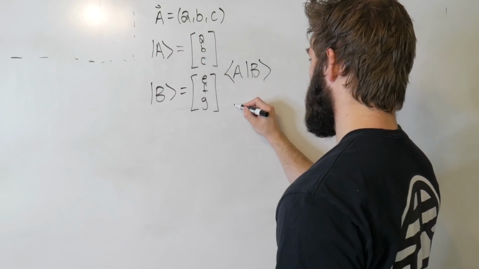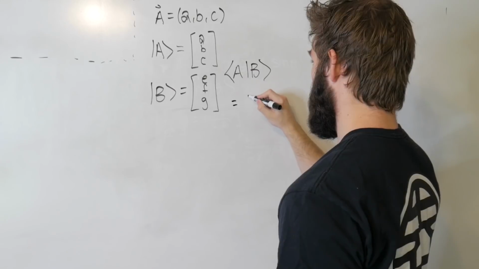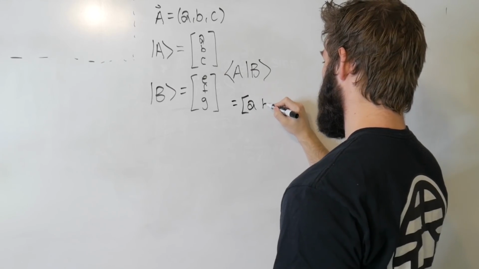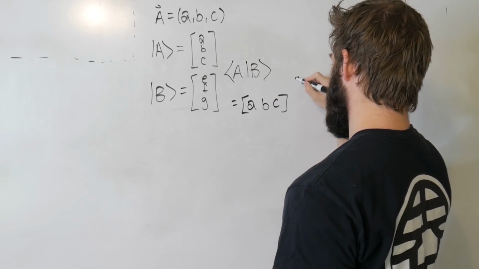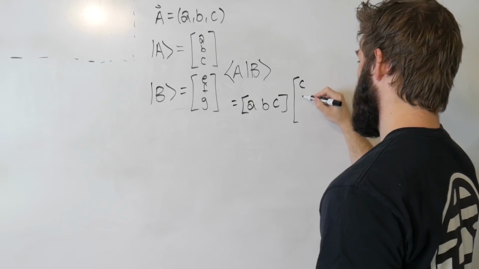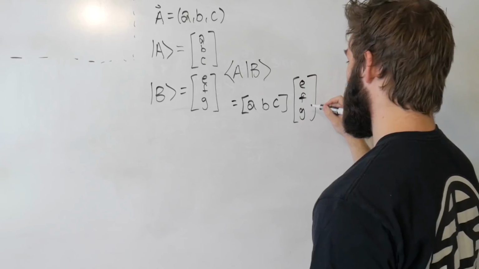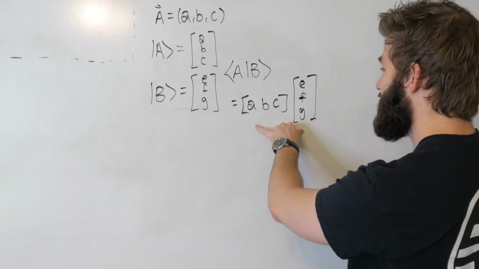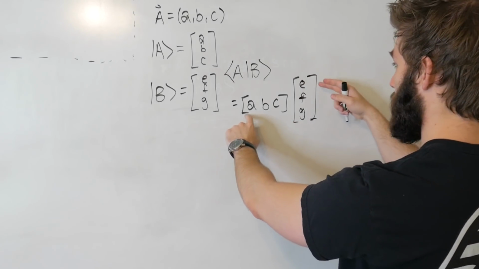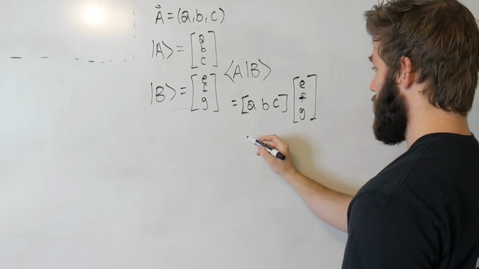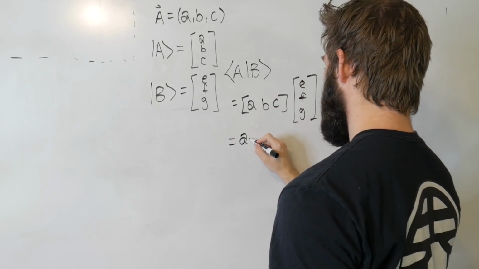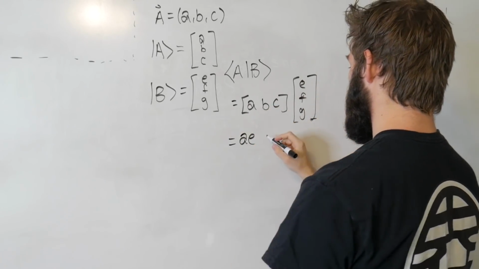So this is equal to A, B, C times E, F, G. Just realized I skipped a letter. Whatever. Now to do this, it's just the basic rules of matrix multiplication. So that's equal to AE plus BF